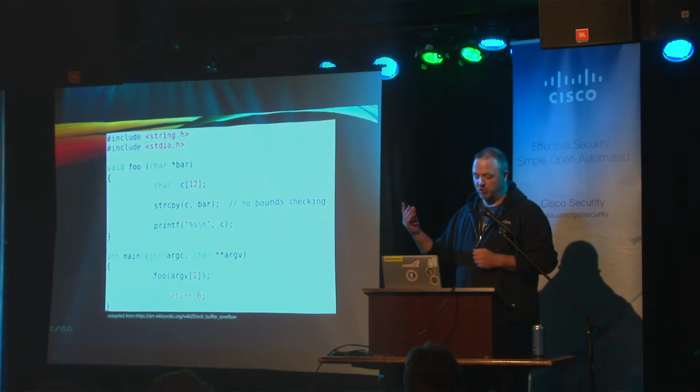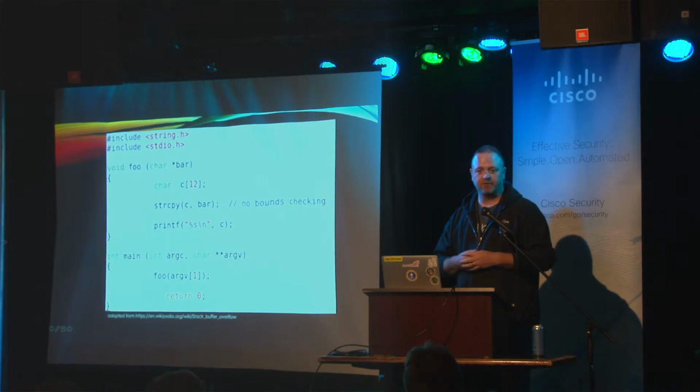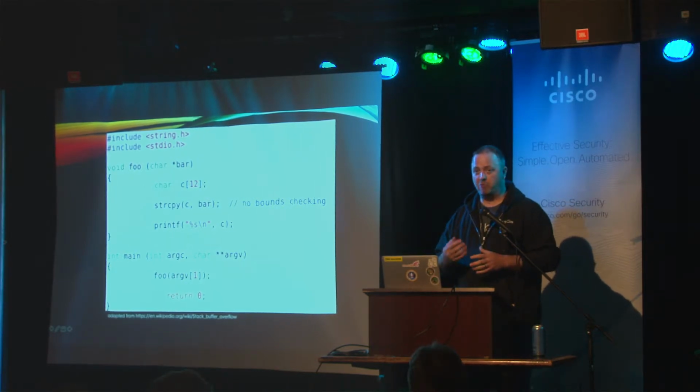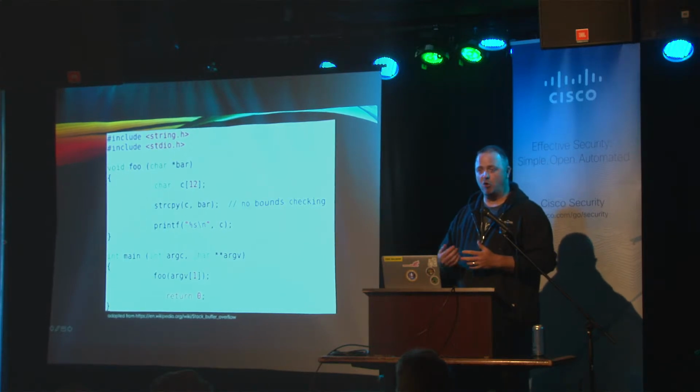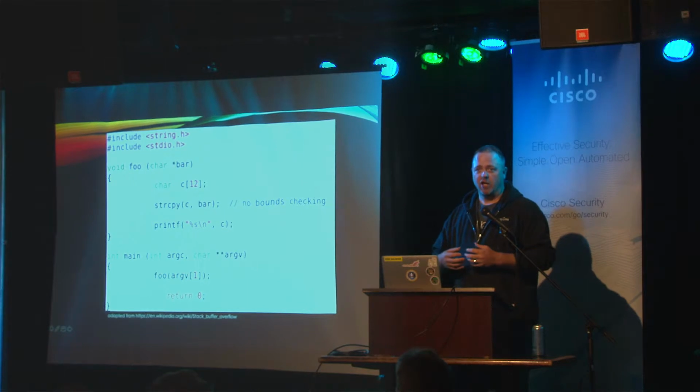If you look at foo, it sets up one variable, a 12-byte character buffer, C. And then it copies whatever it got in from the command line using strcpy, so it's not doing any bounds checking. It's not checking to see if whatever we gave it on the command line will fit in the buffer. It prints the data out to the screen, and then execution control returns back to main, and the program exits. Now, you don't see anything in here about going back to main. That's because your compiler does some stuff in the background